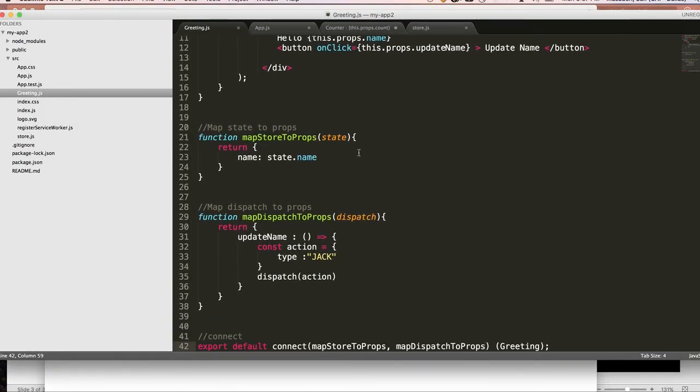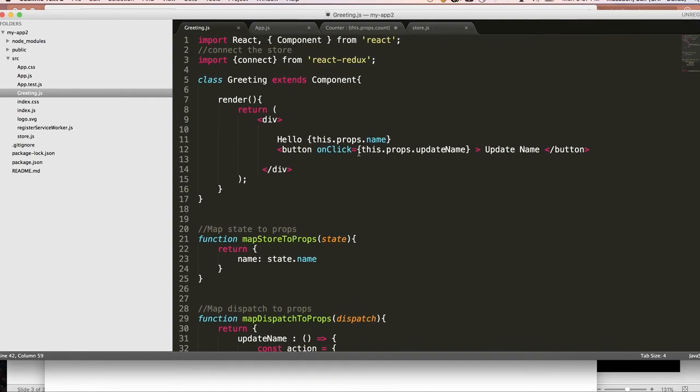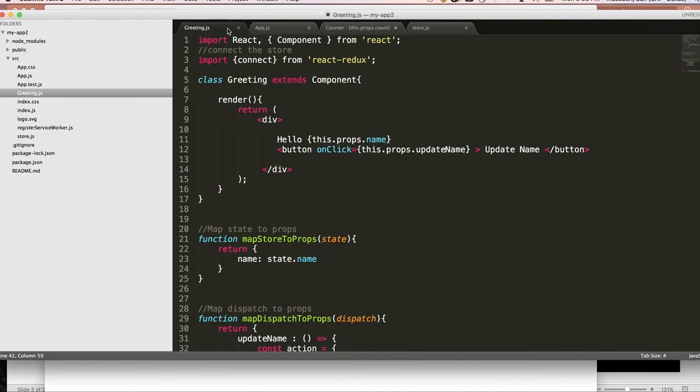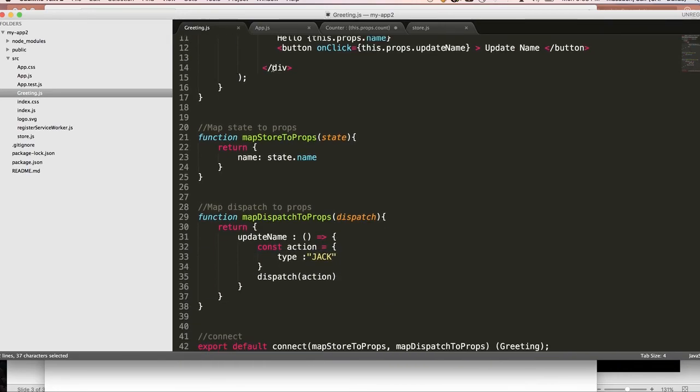So as you can see, guys, let's go back through this. We have a store. The store, we created a store here. We have the initial state is Jack. We have the reducer, and based on the action that we pass to the reducer, the store will be updated. And here we are creating the store and we are exporting it. And in the greeting here, we talked about how to glue this component with React using the connect, and this is how you